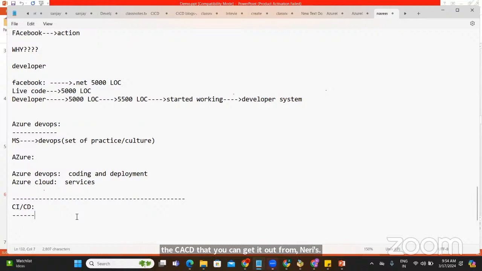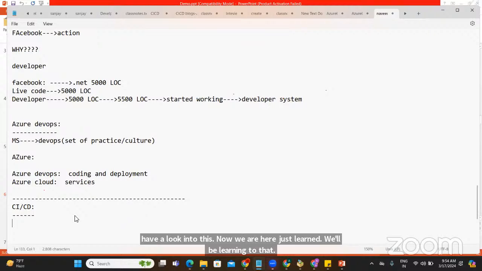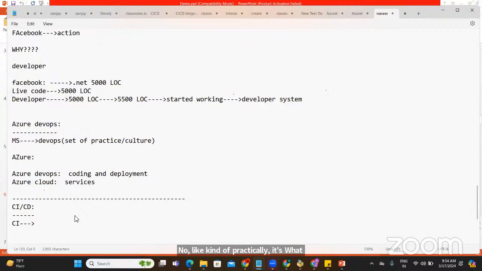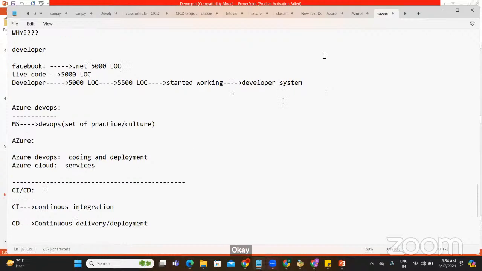Now we'll be learning something practical, guys. Please understand, what is CI/CD? CI stands for... can anyone tell me what CI/CD is, guys? Come on. Anyone? CD? Okay. Very good. Now let's come back. I can see that multiple guys have responded. Perfect. Good job. Now, do you know the meaning of that?